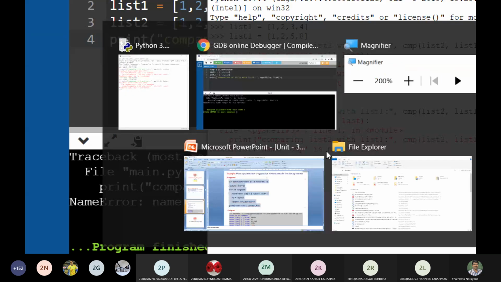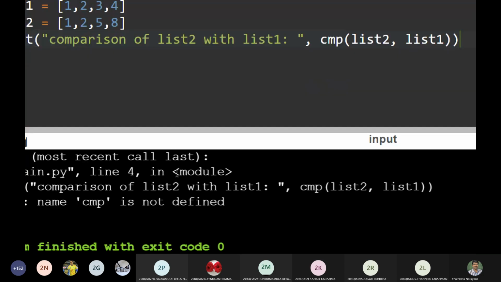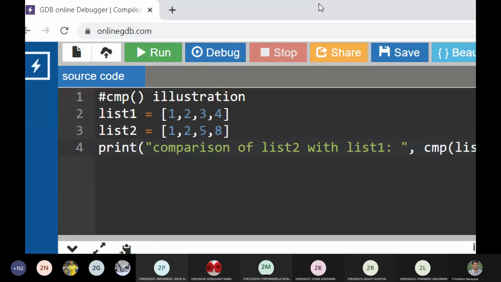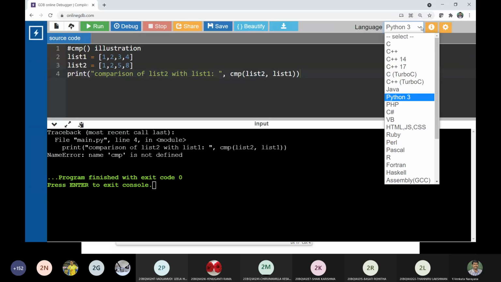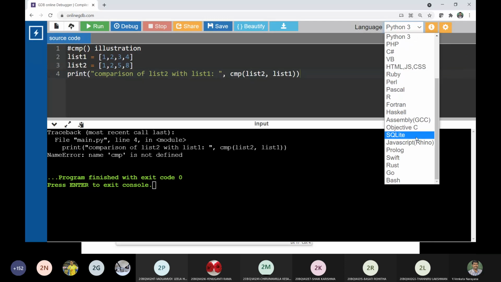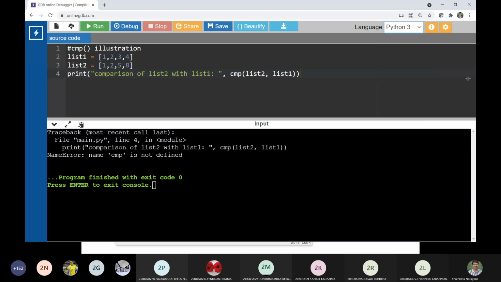Maybe it is not available in Python 3.10. Mine is an updated version. Python 2 has it, but it is not available here.